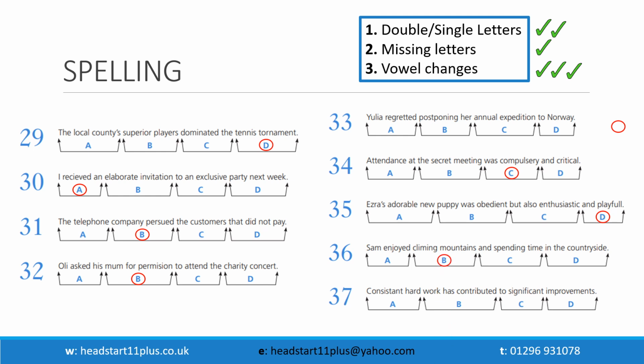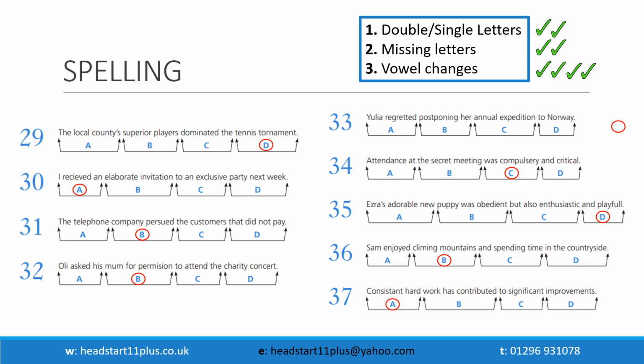35, playful, should only have one L at the end, so that is a double letter for a single letter. 36, climbing. So this one here is a missing letter because they've missed the B out, but actually climbing with or without the B sounds exactly the same. And this is what they're going to try and do to catch you out a little bit. And then finally 37, consistent,